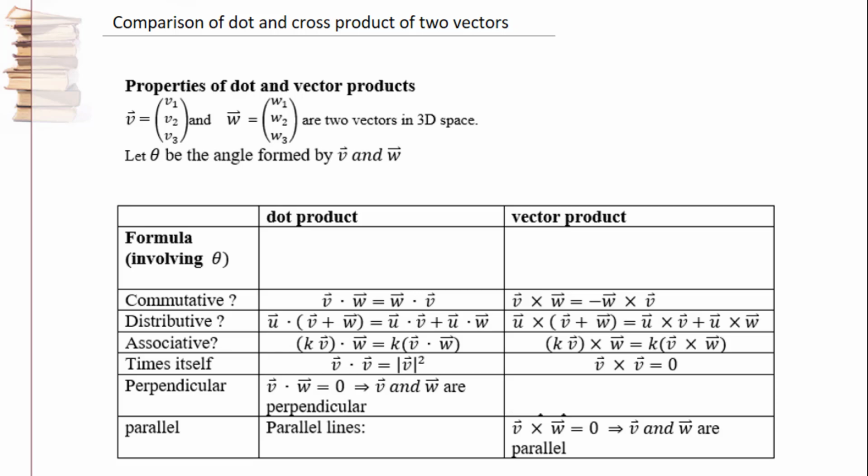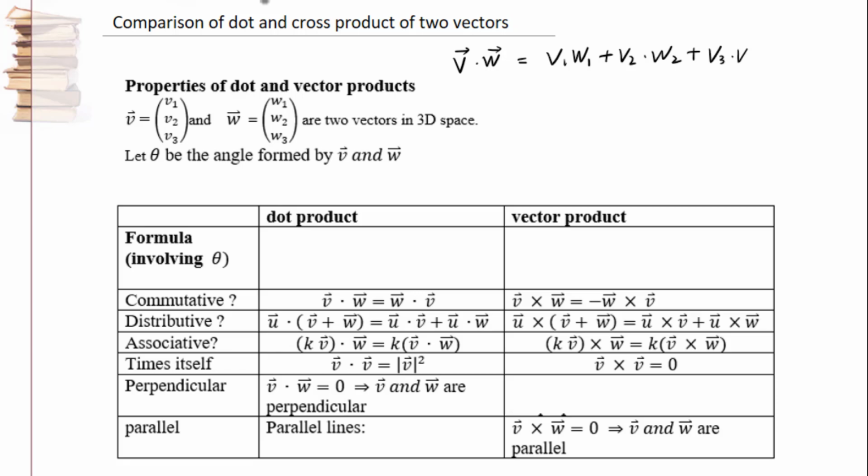This video is about a comparison of dot and cross product of two vectors. Let's define vector v and vector w as two vectors in 3D. Then vector v dot vector w equals v1 times w1 plus v2 times w2 plus